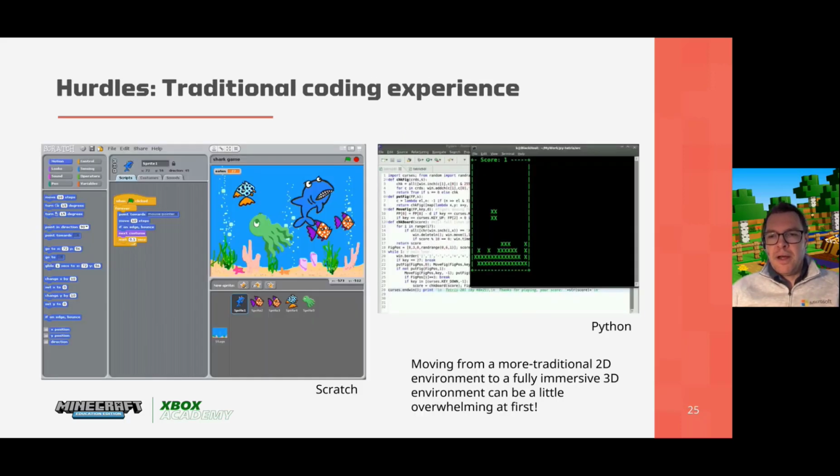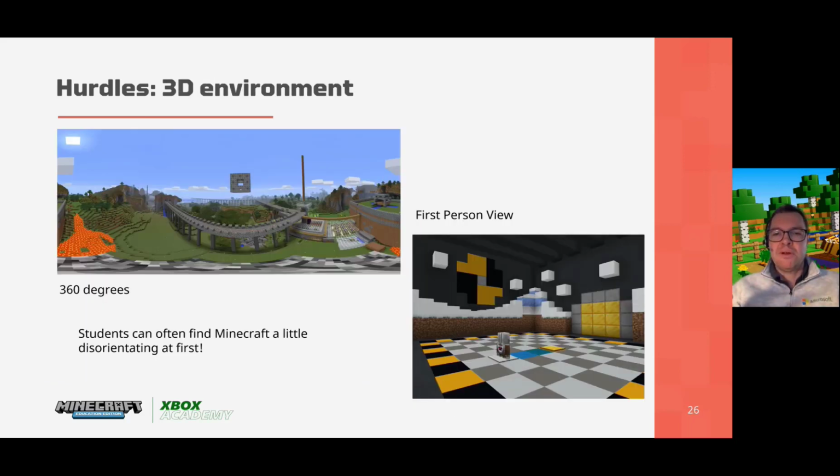Although I'm going to be honest with you, Minecraft, especially when teaching the coding, is not without its challenges. And one of those challenges is the fact that previous and traditional experience of coding is using tools like Scratch. We have this 2D platform and a character, a cat, will move left or right, or up and down. Or in Python, you'll have some text that appears on the screen. So one of the first biggest challenges is coding in an immersive world. So in this 3D world, and